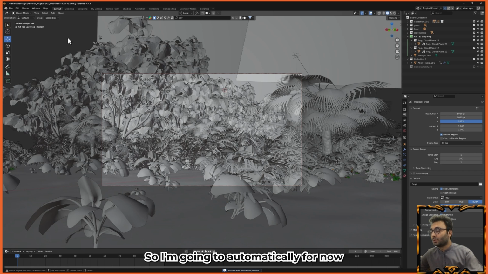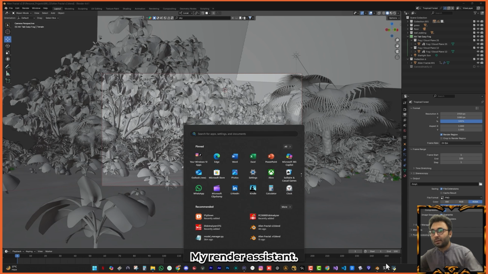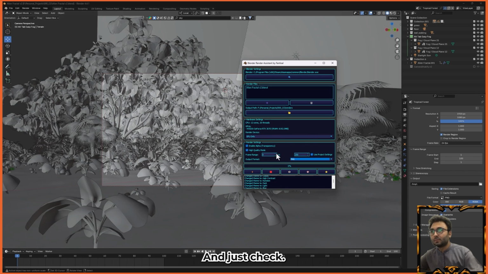So I'm going to do it automatically for now, and you see the render settings: 2020 by 1020, 24 frames per second, and the frame range, as you can see. And if I go to my render assistant and just check the one frame, you don't need to open your Blender application. You can just launch the Blender render assistant and put your project files here, and it will